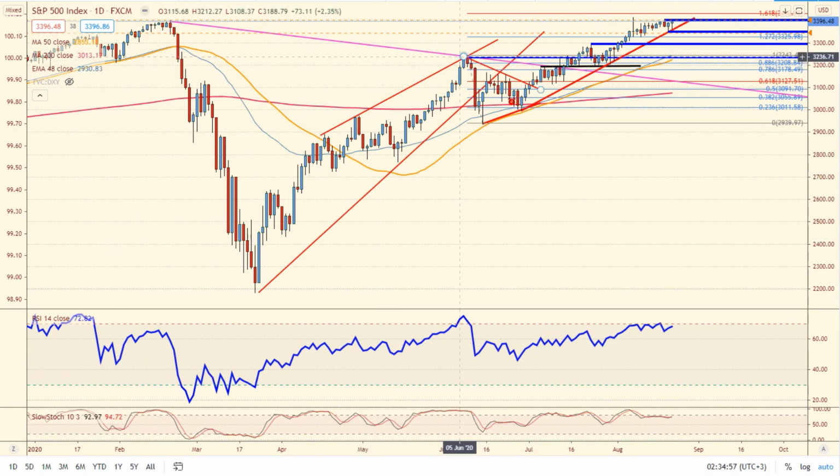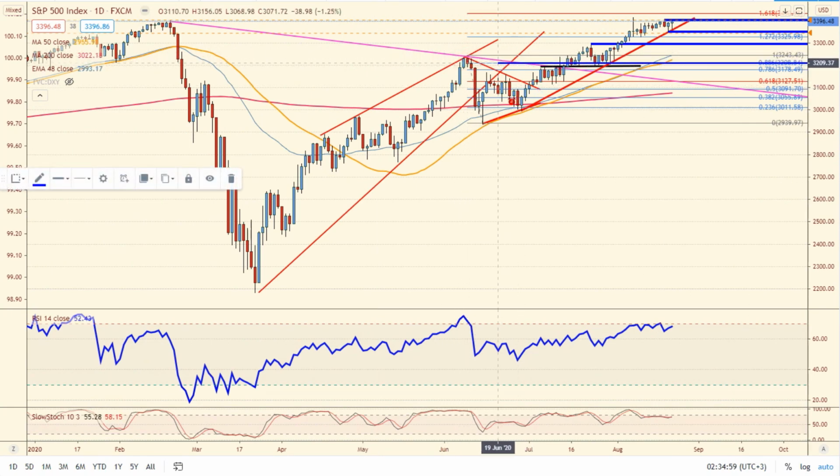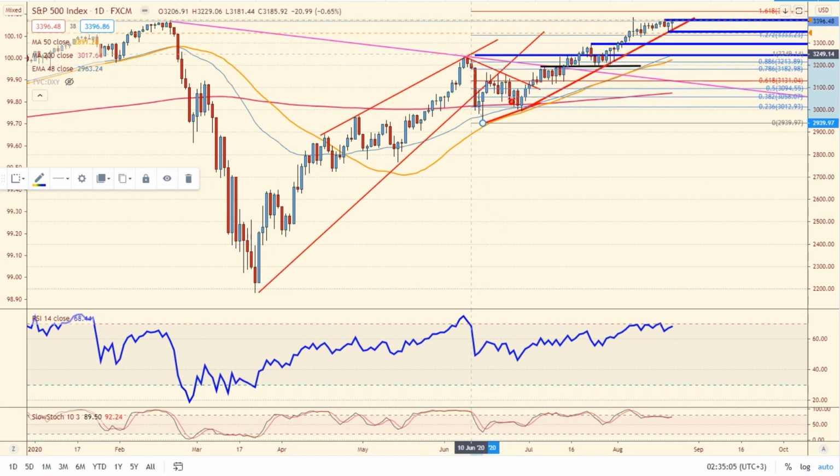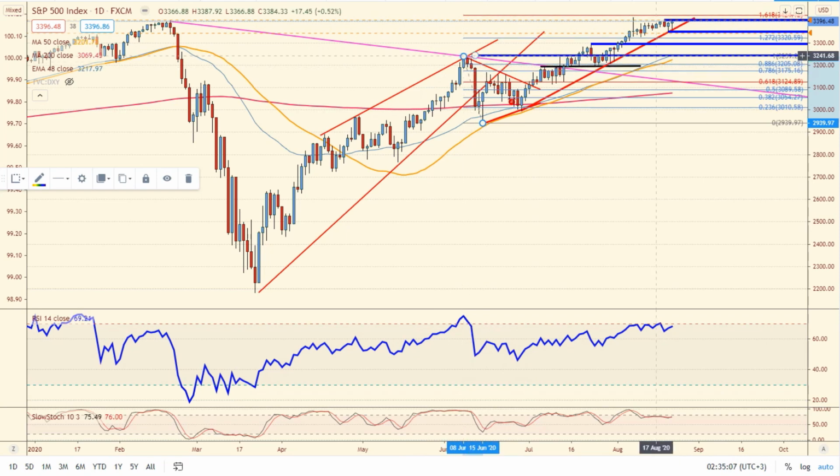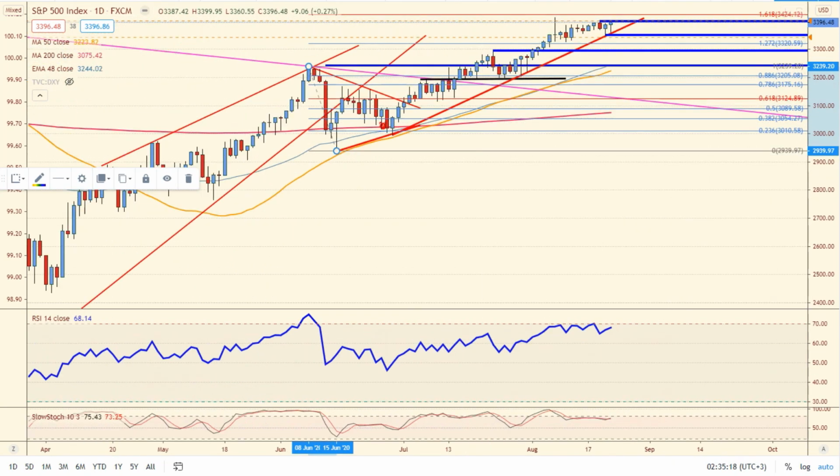And really, let's take a look at this. I'm going to show you this real quick. Not that. I didn't want that. I didn't want to move that. Oh, that's okay. I'll just leave it right there. All right. See this fib right here? That 161% extension comes in at 3420. I would not be surprised if we challenge new highs, hit the 161% extension, but I'm going to say,